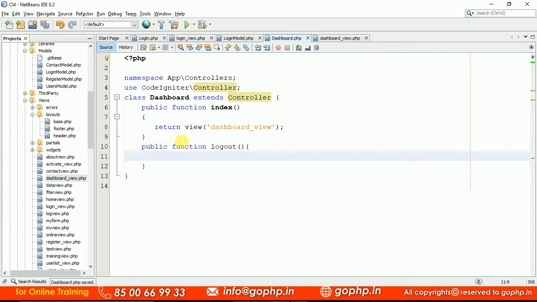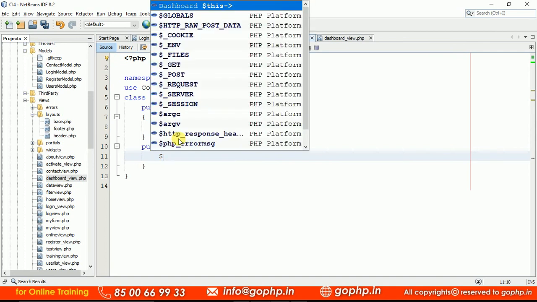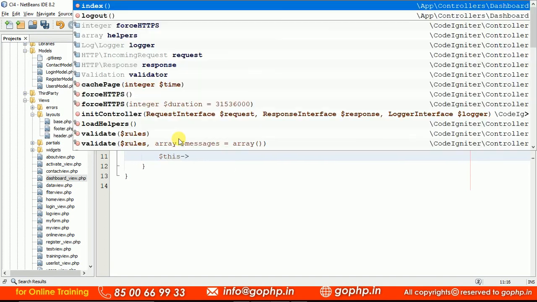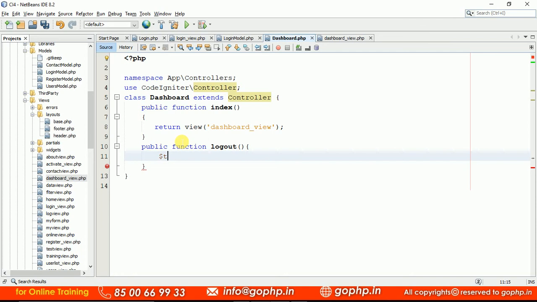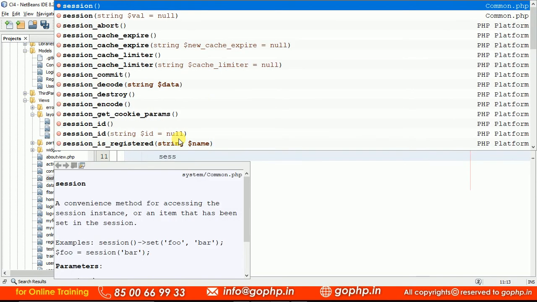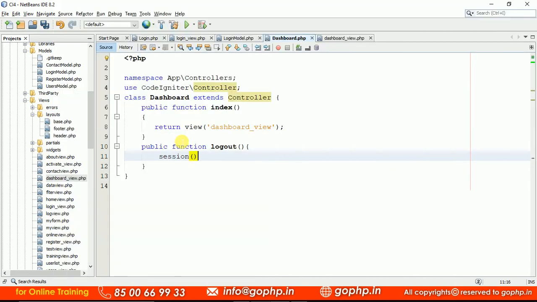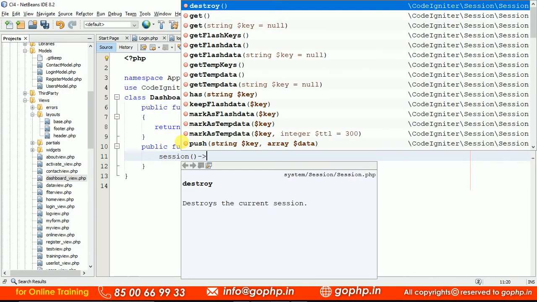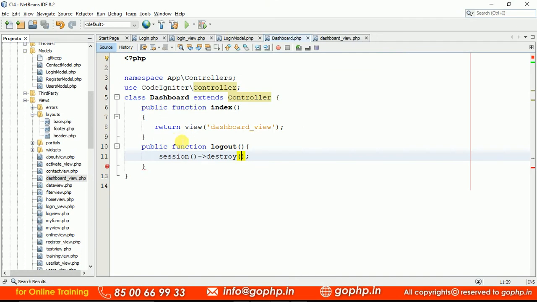So what do we have to do in the logout? Login is the entry point of your application. Logout is the exit point of your application, guys. Here I have to load the session. That session we have to destroy. You can write the session like this also. We don't want to load the service every time. Session method like this, helper method of unset or destroy. We can use the methods, guys, like this also. We can use what you want to unset.